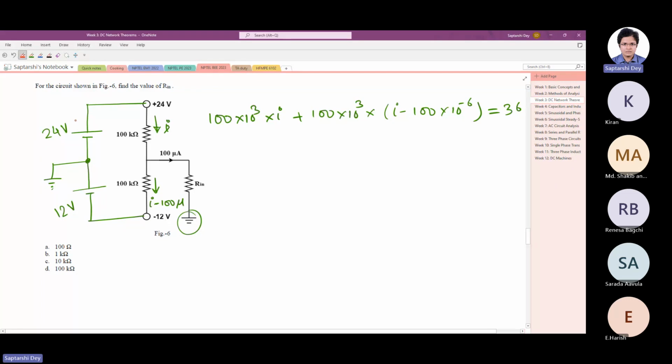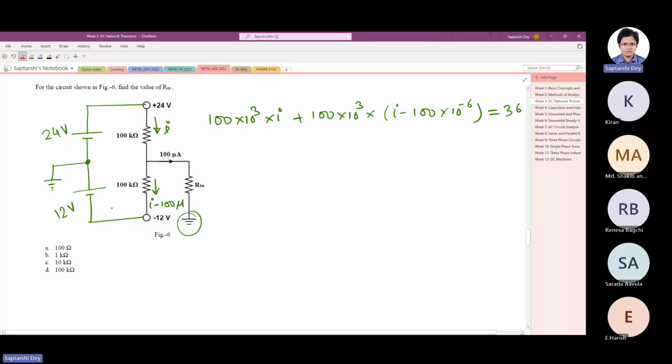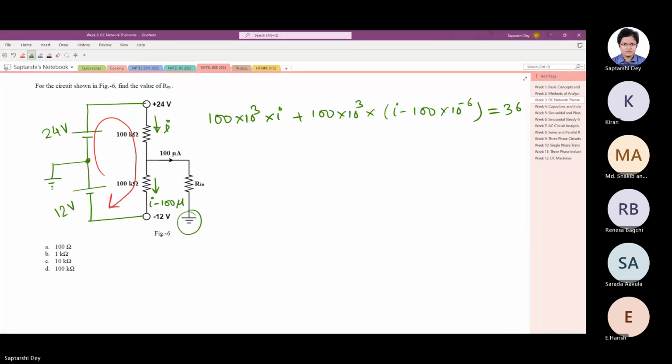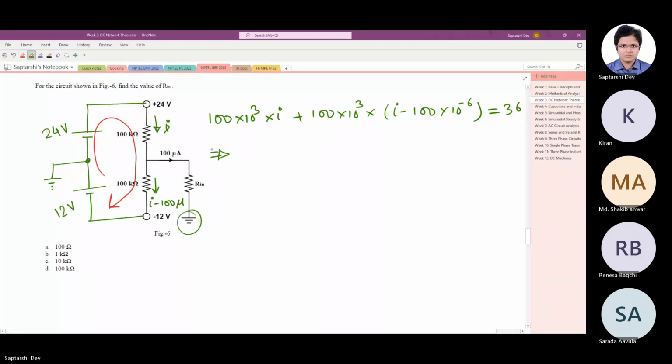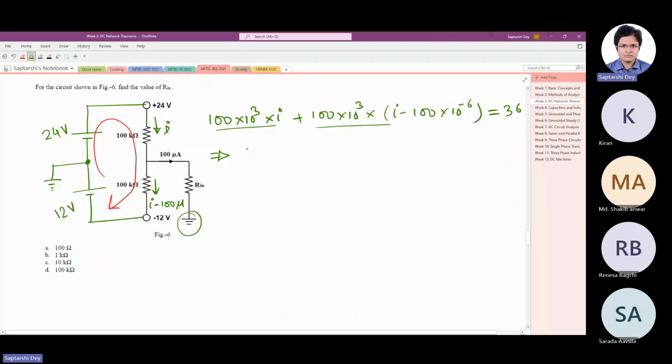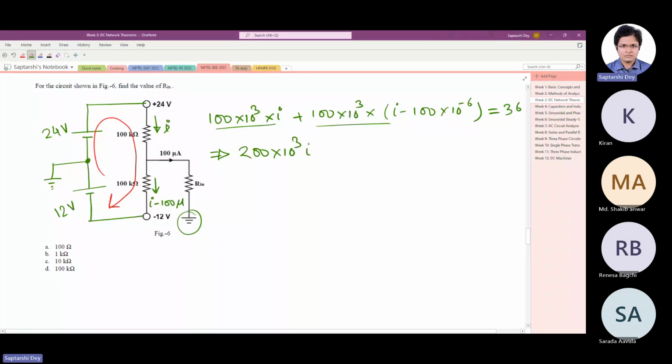Basically, I am applying KVL in this loop. Now, can you solve for I? 100 kilo I and 100 kilo I, two are here. So 200 kilo I minus